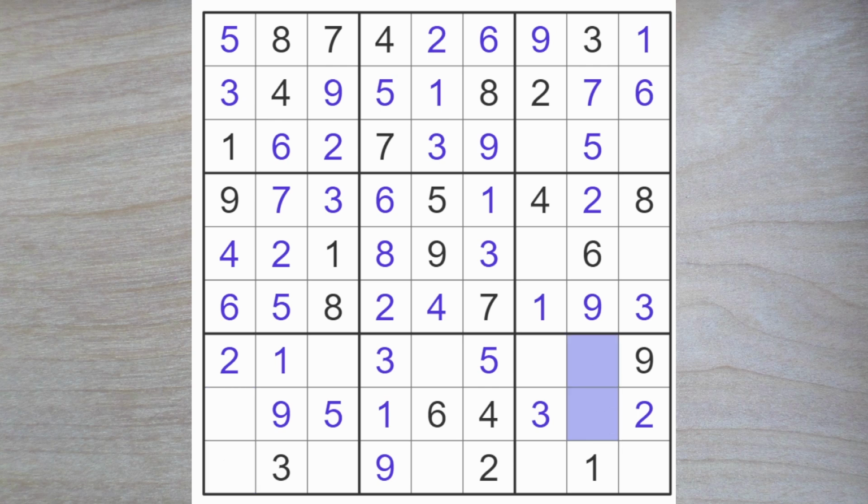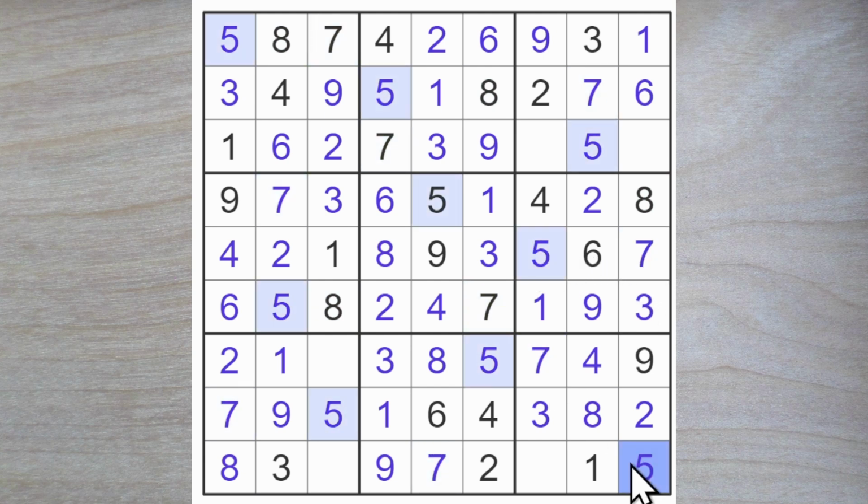Here we need a 4 and an 8, and that's easier because the 4 blocks over, here's an 8, and here's a 4. Now we can finally enter a 7 here and an 8 here. That means that this is an 8 and this is a 7, and so is this. Now we have a 7 here and we have a 5 here, and therefore a 5 here. 4 and 6 here, if memory serves. The 4 now blocks over, giving me this 6 and this 4. And this 6,